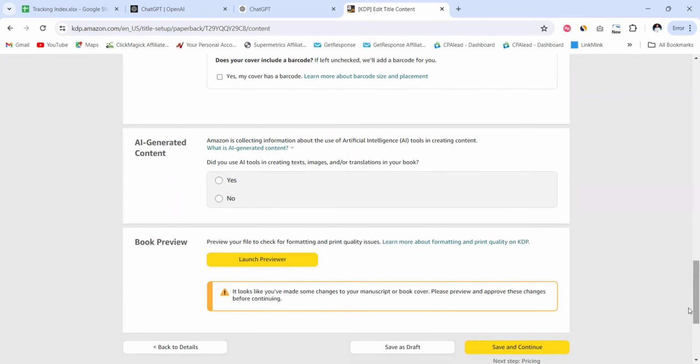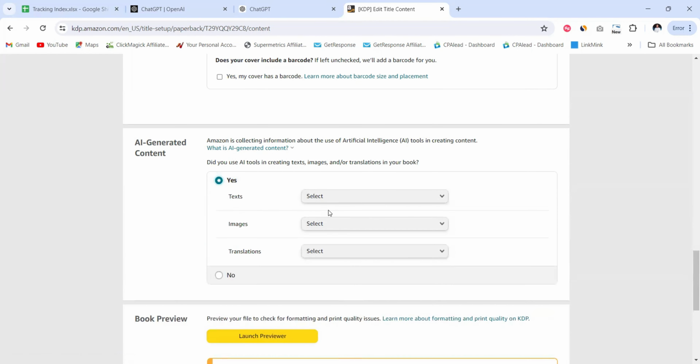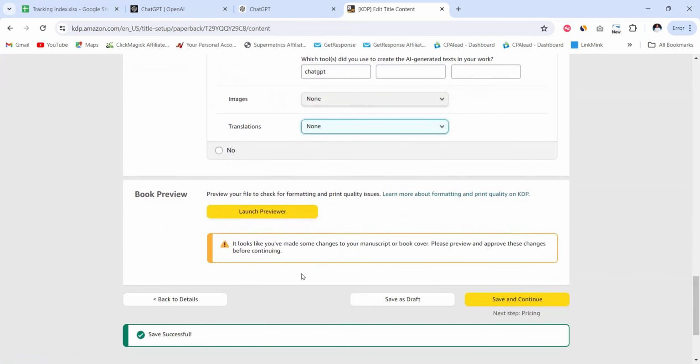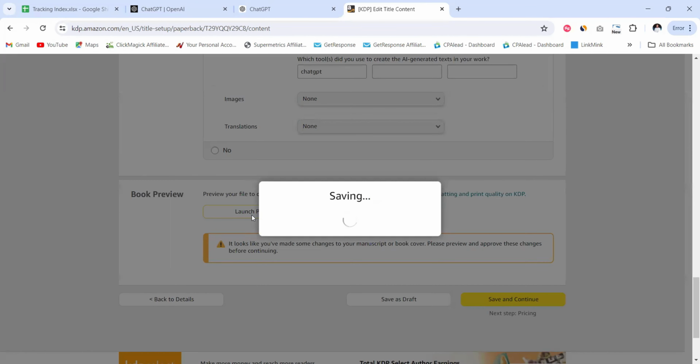All right, the next part is the AI generated content. Did you use AI to generate any of your contents, maybe to create your ebook, the images, the interior? So you're going to answer this question here, right? It's pretty much explanatory. And if you do not use it, just click none and you can just go to the next step, which